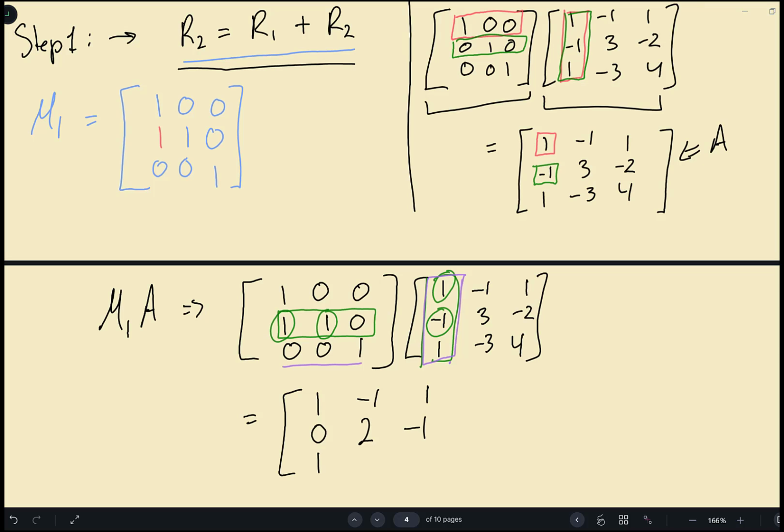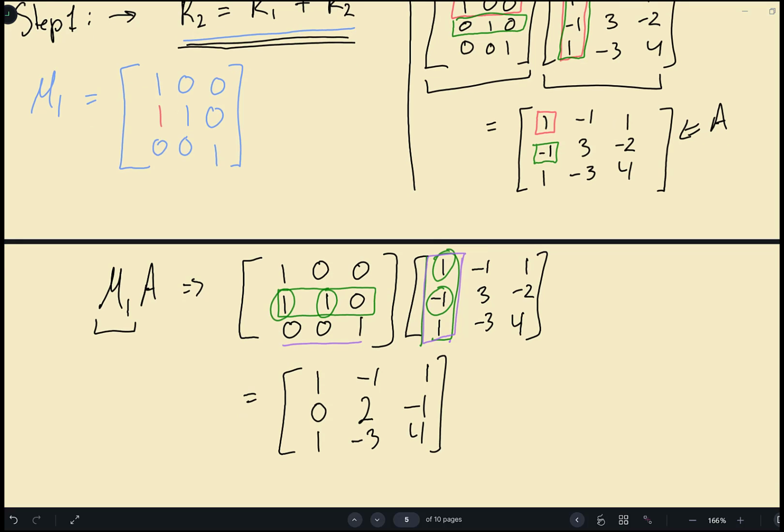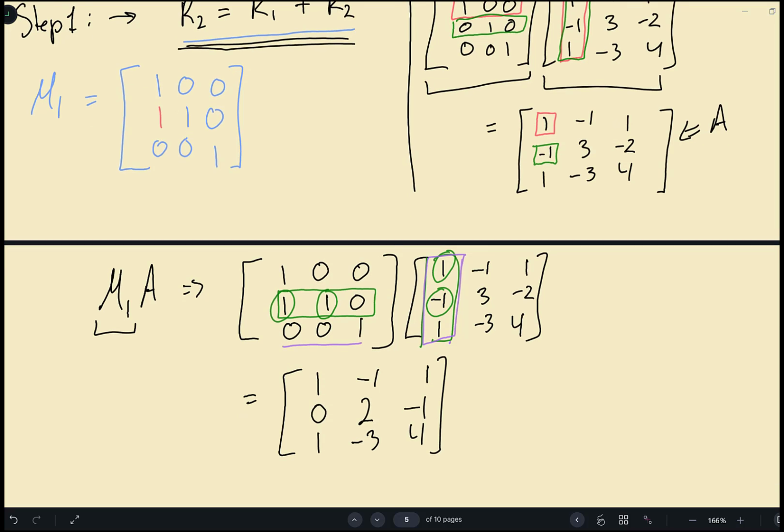So then we would get 1, negative 3, and 4. So that's unchanged. So here, I'm just showing you how this elementary matrix is doing the row operation that we see up here. So now we understand that. So let's move on